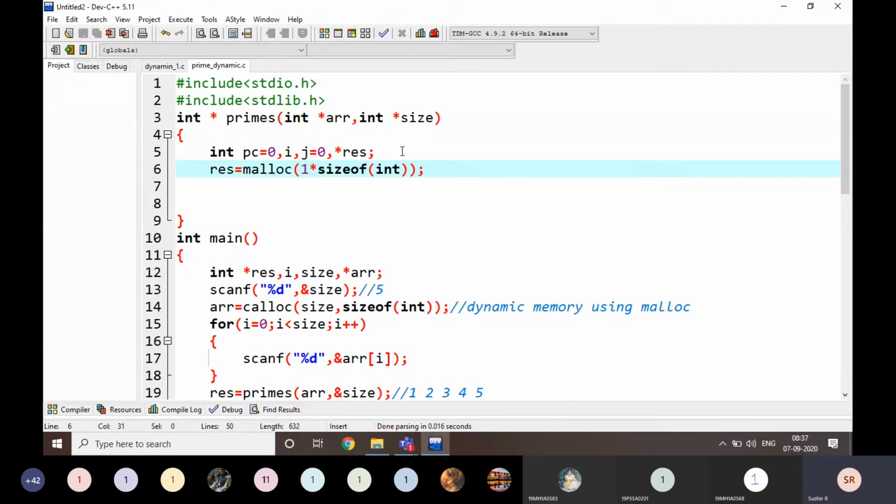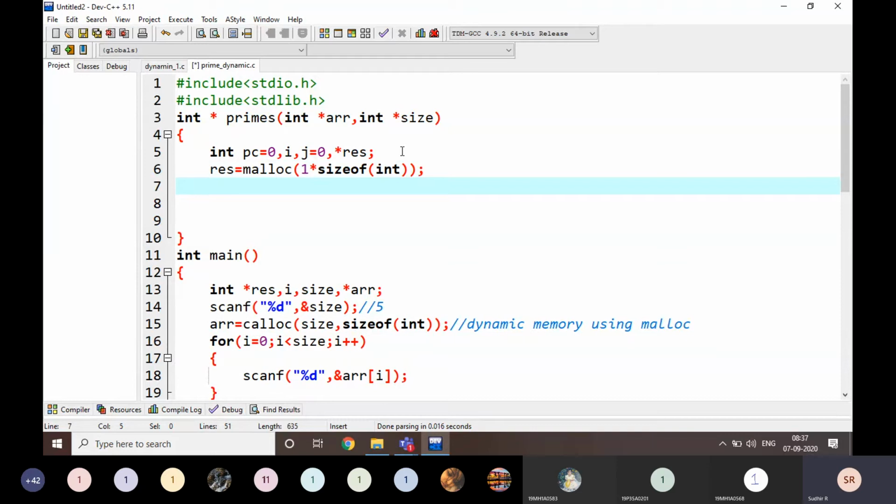Just observe here. Okay, if only one prime is there, I am going to have one memory location here. Okay, if more than one value is coming, I am going to allocate dynamically using realloc. Okay, nothing else, right?